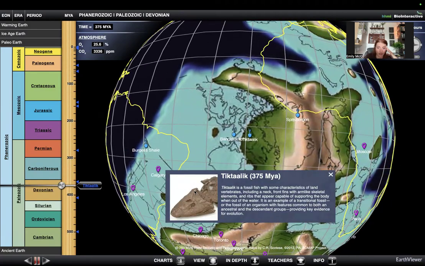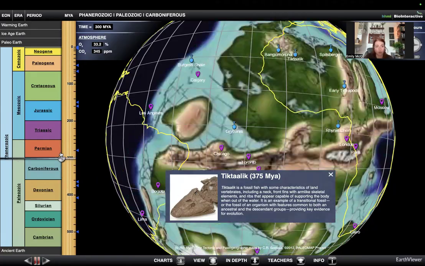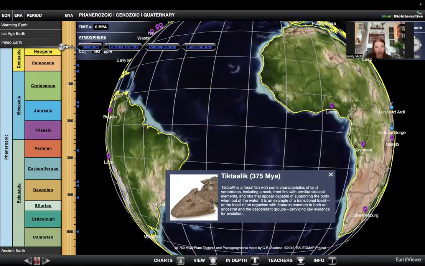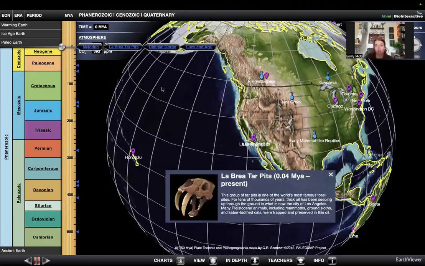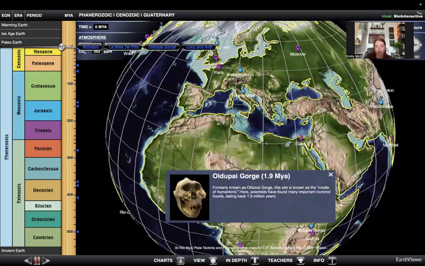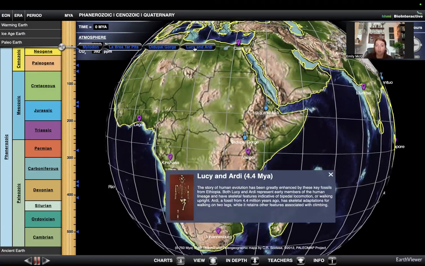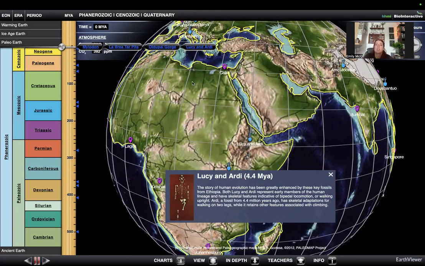So here's the Tiktaalik fossil that we have found versus the Mylodon. So these are the most recent fossils that we found. The La Brea tar pits, so cool. The Olduvai Gorge and Lucy. Think about how, I'm trying to explain this without necessarily giving it away. Think about how